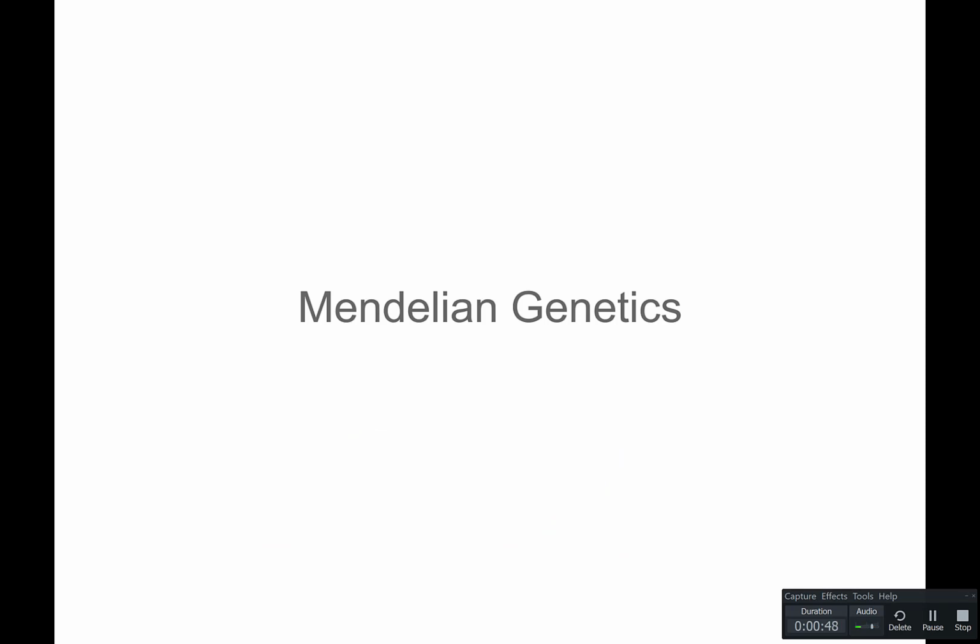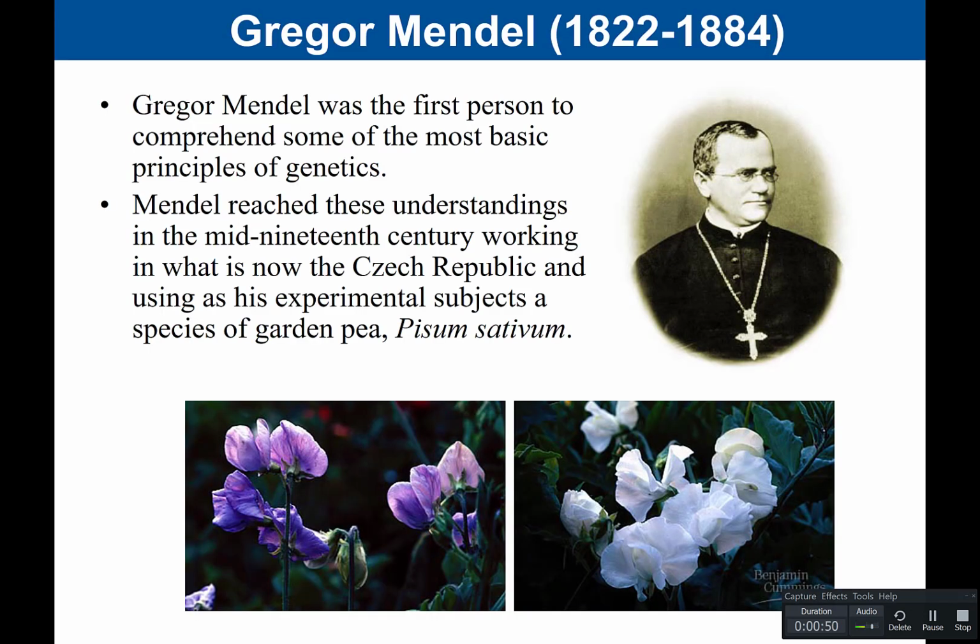So we'll start out with Mendelian genetics. Gregor Mendel was the first person to comprehend some of the most basic principles of genetics, and he reached these understandings in the mid-19th century, working in what is now the Czech Republic, and using his experimental subjects, a species of garden pea, which you can see below. So here we have these purple flowers and these white flowers, and so he was a person who really studied